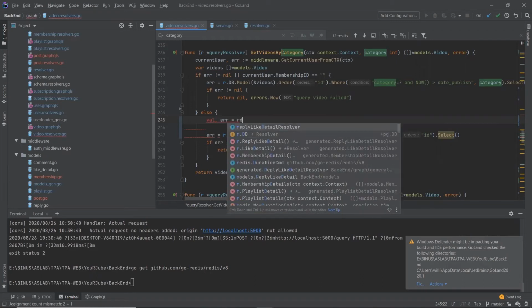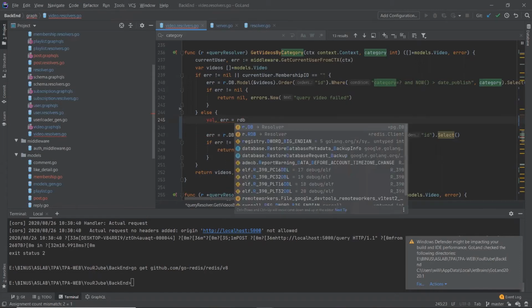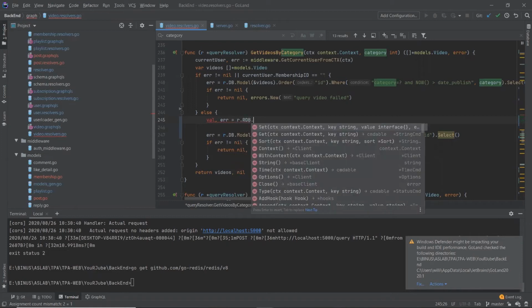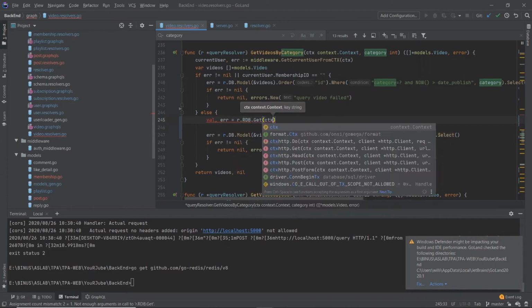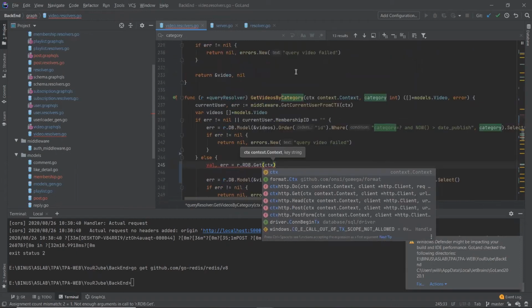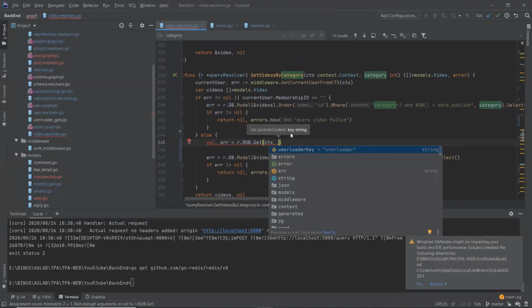So we check it by using RDB dot Get, like the get command in the command prompt. We use it in a function like this. Then we pass the context, the ctx from the function, and then we place the key.